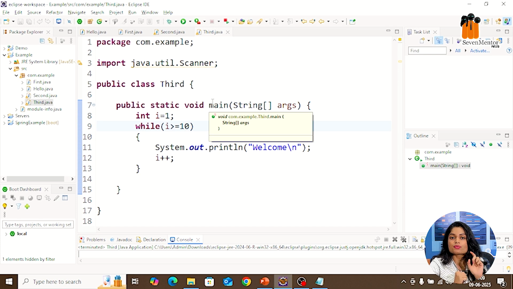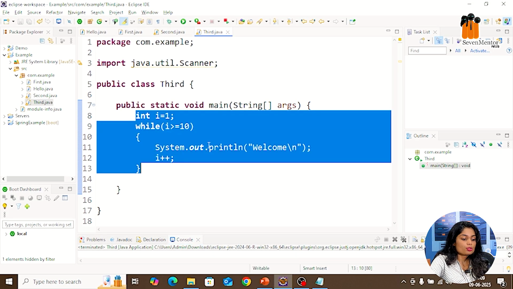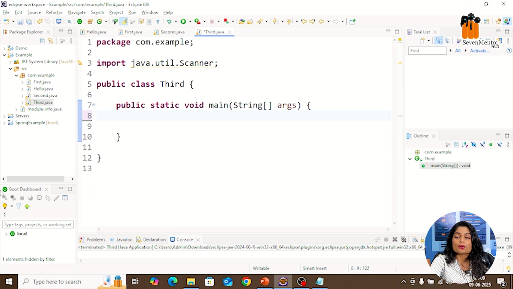Array has two types. The first type is known as a one-dimensional array, and the second type is known as a two-dimensional array. Okay, we will see a simple example of how you can declare a one-dimensional array, how you can declare a two-dimensional array, and how the executions are going to be done in an array.